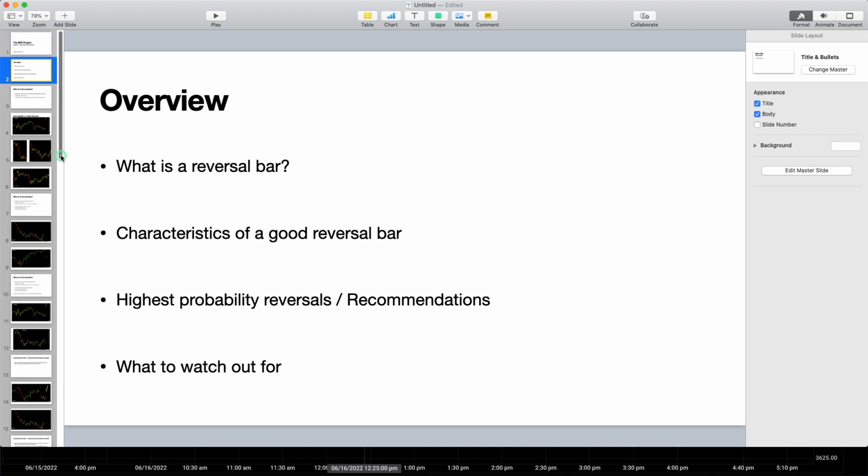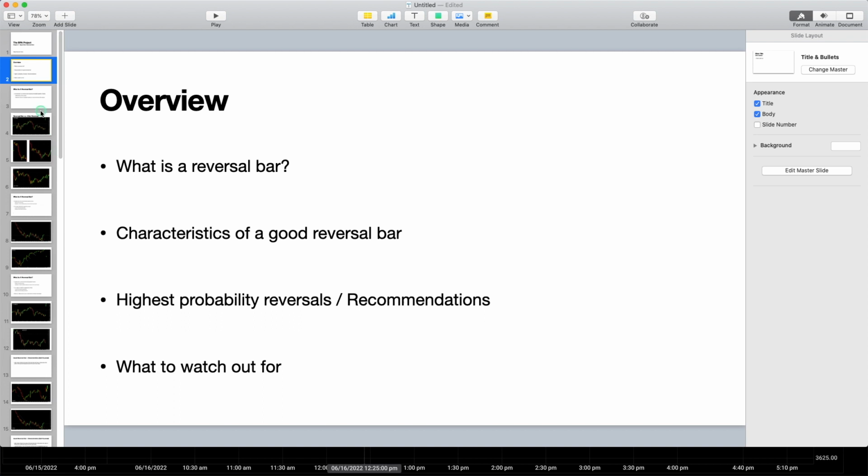Also, a lot of the examples I use are bull cases. So it's a bull reversal bar. I thought it still makes it clear. The concepts are still clear, but if you would like me to use examples for both sides, I do use the bear case a little bit, but I use the bull case more often. So if you'd like me to use examples to show both sides more often, then I can do that